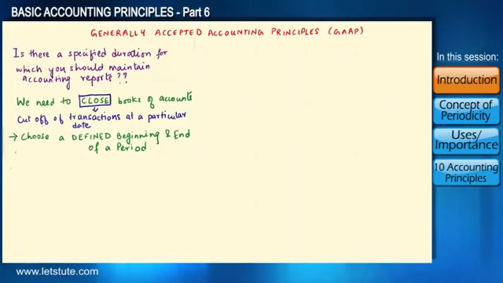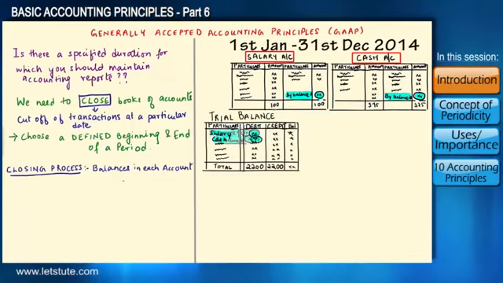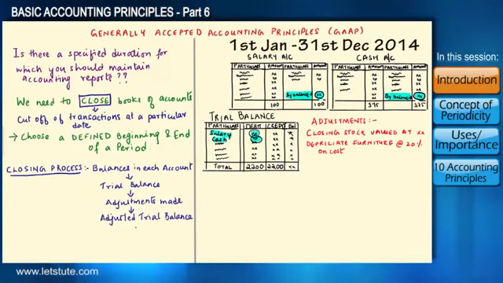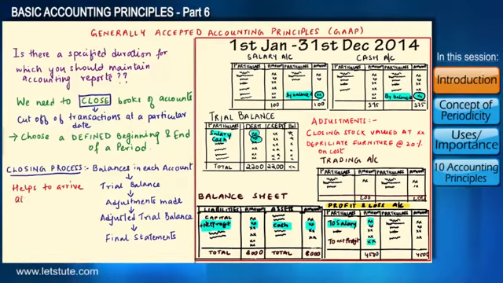So in this closing process, what is actually done is all the balances of each account during this period are posted to a statement called the trial balance, and then adjustment entries are made, and finally these amounts are posted to the final statements of accounts, which then state the profit or loss of the business. This process helps us to arrive at results of our business activity during this particular period.